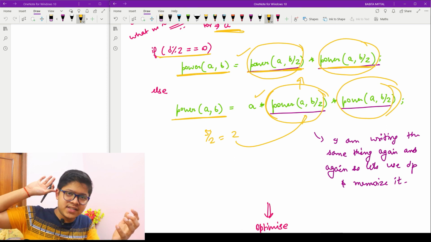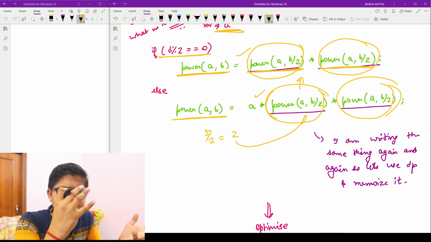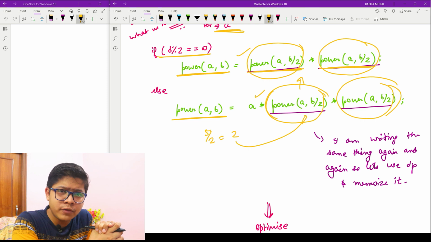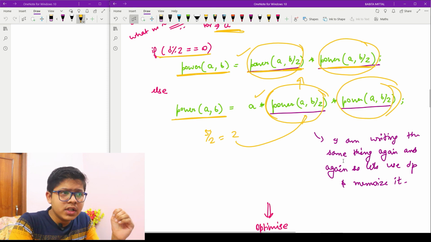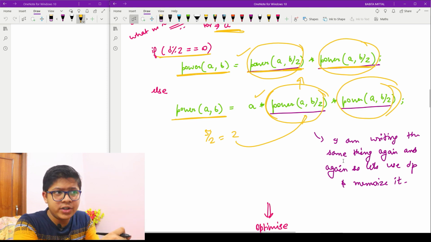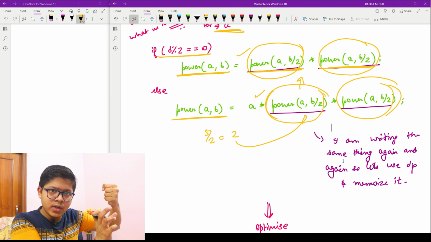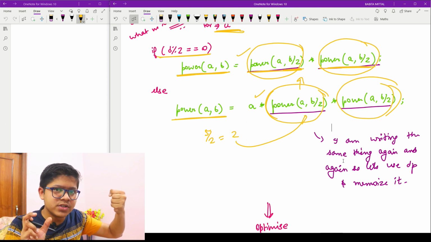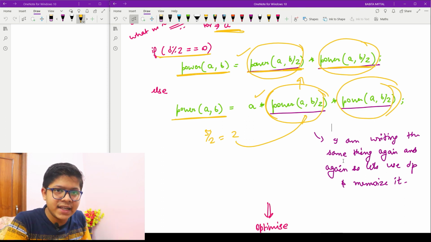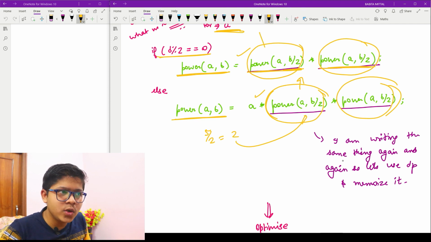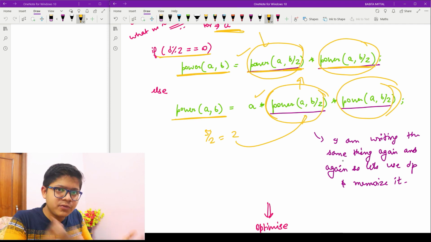If you are not understanding the word memoize, then you can watch the starting 2-3 videos of DP and you would be good to go. But for better understanding, memoization is something where we store the value and just reuse it, so that we do not compute it again and again. So I will do one thing to optimize it much further.